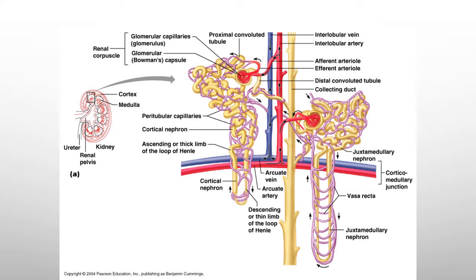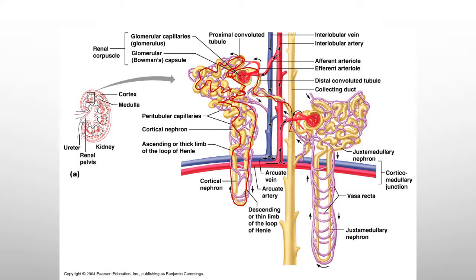So it's a fairly complicated system, as we can see here. Lots of capillaries surround our tubules, so it's almost difficult to follow the pathway. But here we come out of the capsule, let me find a better color here, maybe. We come out of the capsule into the proximal convoluted tubule, go back and forth on there. We're going to eventually come down the loop of Henle, back up the loop of Henle and into the distal convoluted tubule. That distal convoluted tubule comes back by and eventually comes into the collecting duct as it leaves the